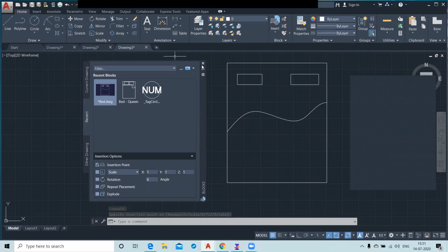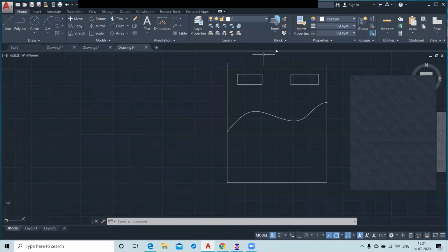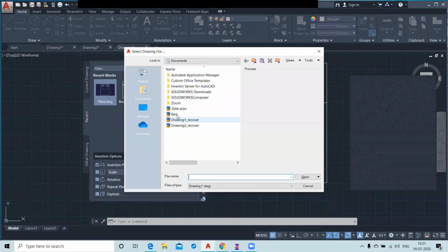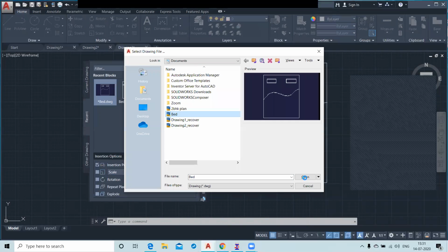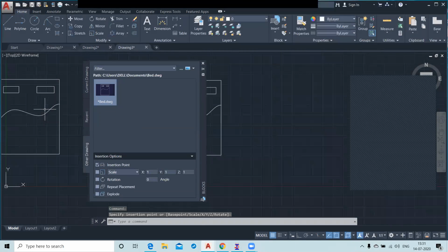If we save it, will it save in the software, not in the PC? No, this will be saved in your hard disk, in the document folder. You can browse it from the system. You just click here, and this is your bed. You click OK, double click and paste it anywhere.